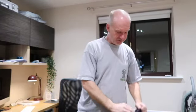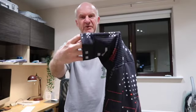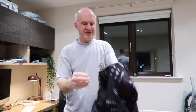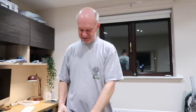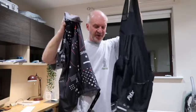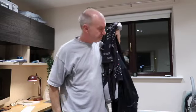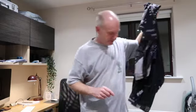Again on the arms the same kind of grippy stuff, about the same amount. It does feel a bit weird when you put these on because that can be cold in the morning. It's a reasonably thin material, but that is the FDX All Day suit with the bib shorts, and I have to say it is absolutely brilliant, awesome, love it, absolutely love it. So much so that, it's in the wash just now, I bought the navy blue version, but I bought the